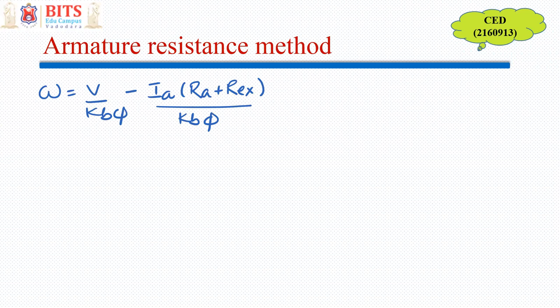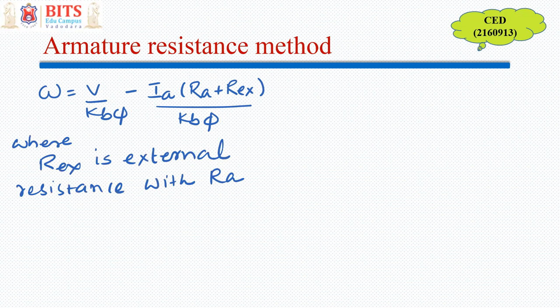Now, what you can do is that you can insert some resistance in series with the armature, because the existing armature's resistance you cannot change, but you can always insert anything in series. And you know the property of a series connection, that when you add a resistance in series, the overall or total resistance increases. So now you can see that the second part, which is the slope of these characteristics or the voltage drop, is increasing, because of which now the speed is going to go down, right? So armature resistance control method can be implemented by inserting an external resistance in series with